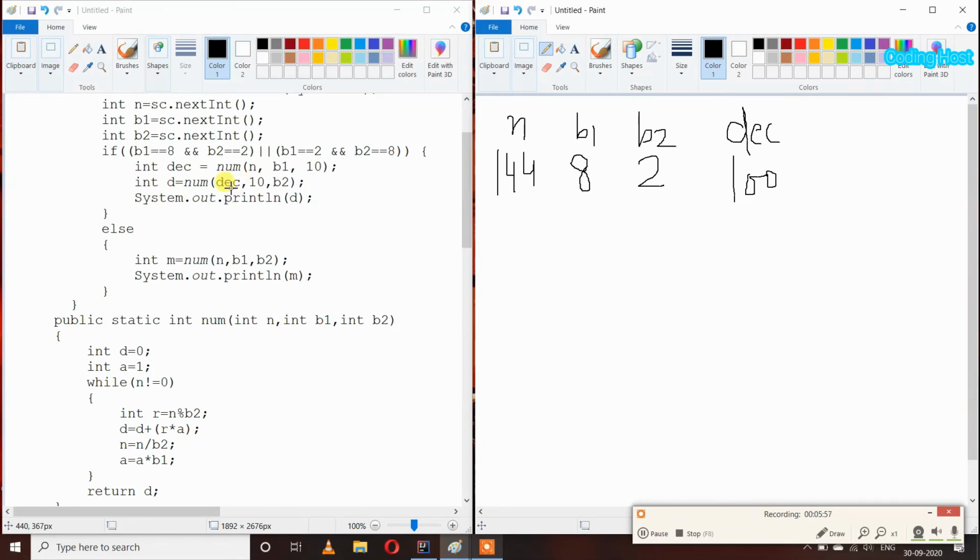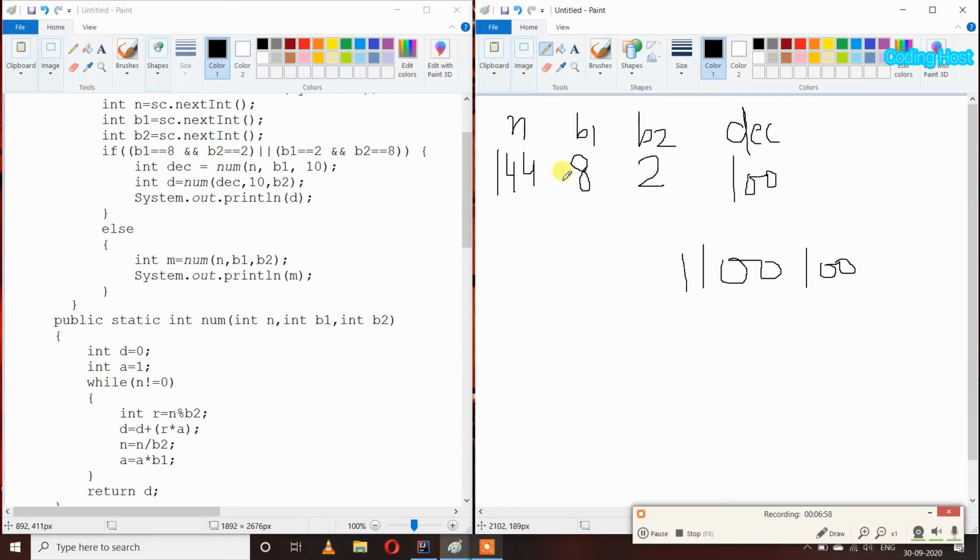Now we can convert it into binary. So I will pass our decimal number in the num method, and its base and the base of the destination number, base 2 which is 2, and then it will go here and it will return us the binary number, and we get 1100100 which is the binary of 100.